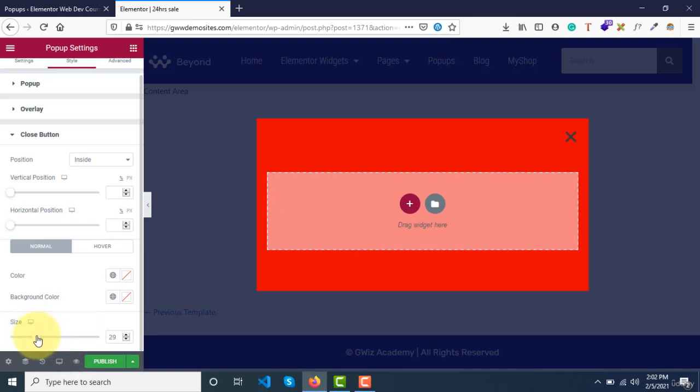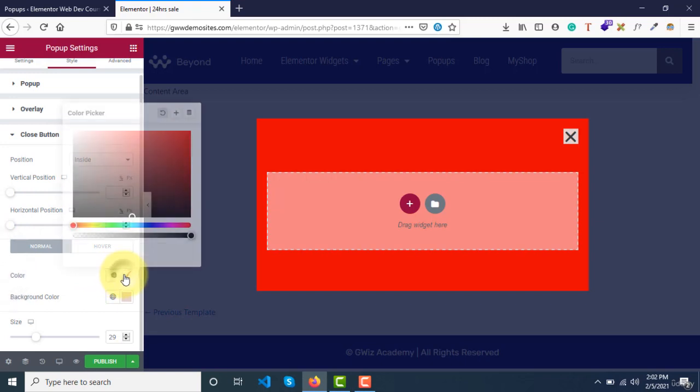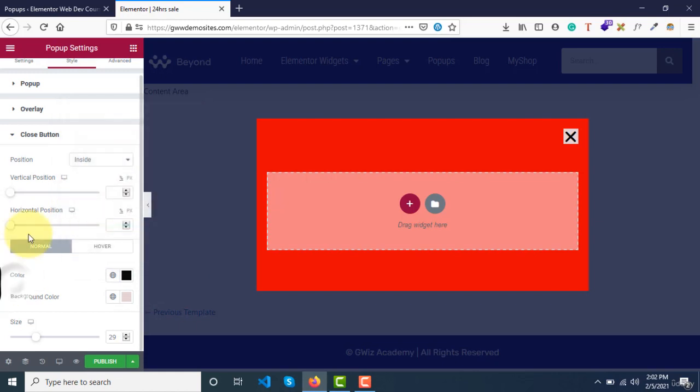This is fine, I guess. And then you can change the background color just to highlight it, right? And the color of the icon itself, right? Let me keep it dark here. And now you can change the position of that button as well. Let me keep it here. This is fine. Yeah. And vertically you can align this close button as well,